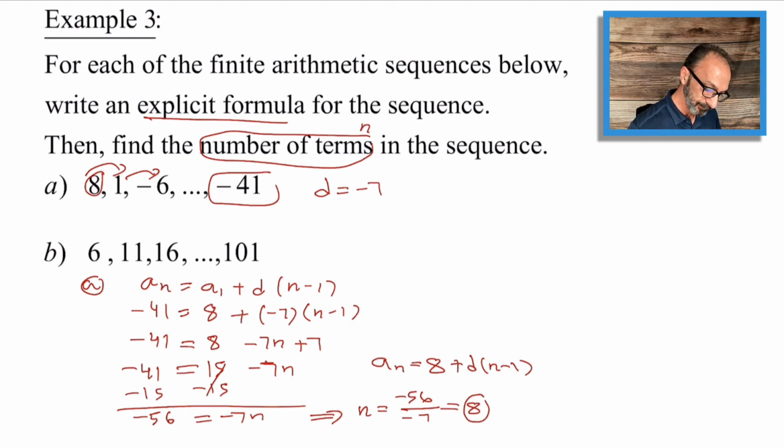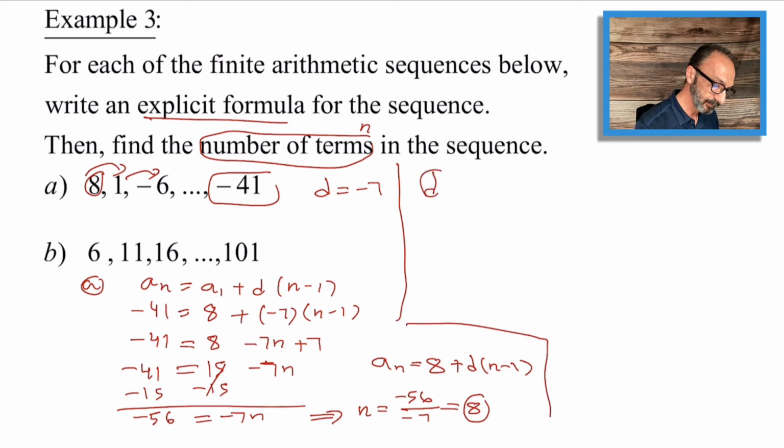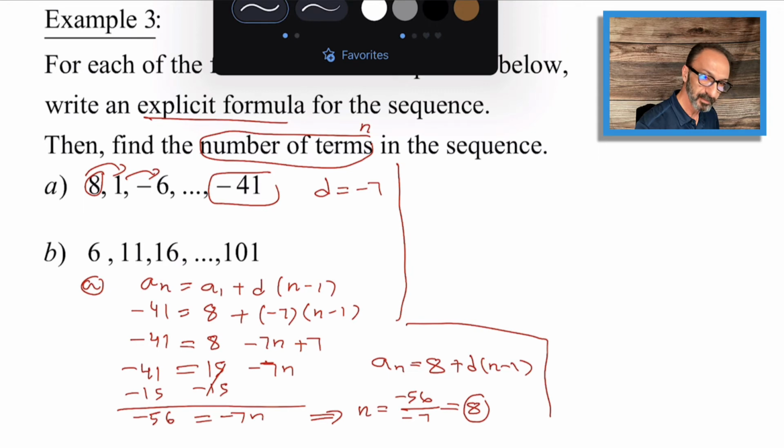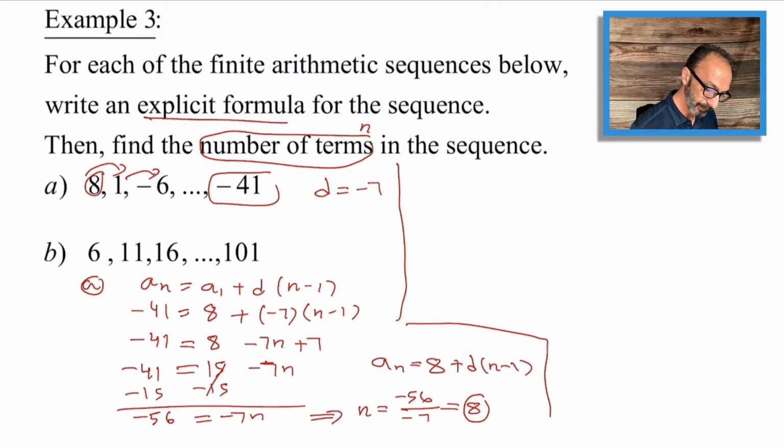Now, part B. To go to part B, I'm trying to make it fit right here on the screen. Here's part B. Let's erase that, and maybe I'll pick a different color for now. So part B,